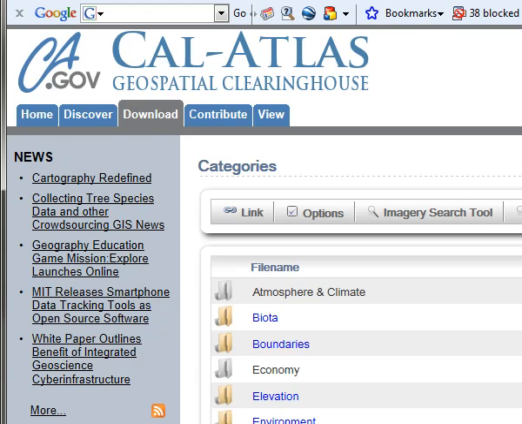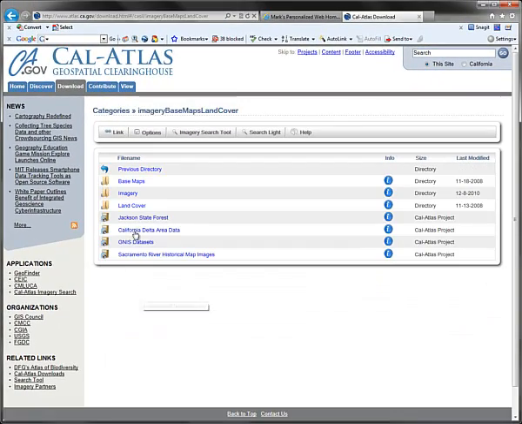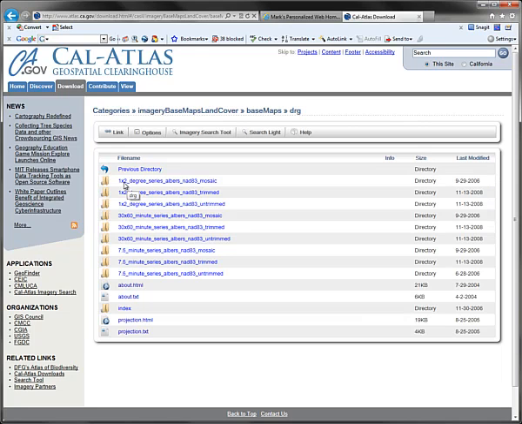So from here we will go into imagery, base maps, and land cover. And the first thing we're going to download is a DRG, which remember is the topo map. So from there we'll go into base maps and DRG, and then there's a variety of different scales and the trimmed and untrimmed and things like that. We're going to go into the 7.5 minute Albers NAD83 trimmed,